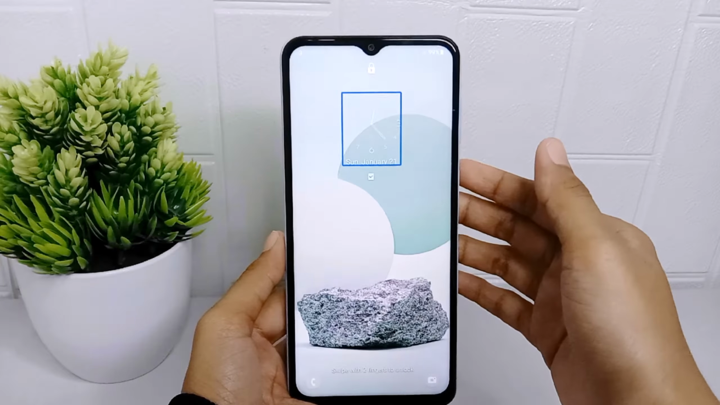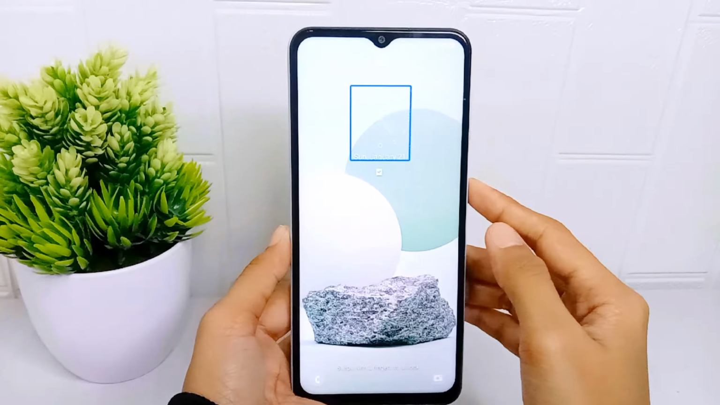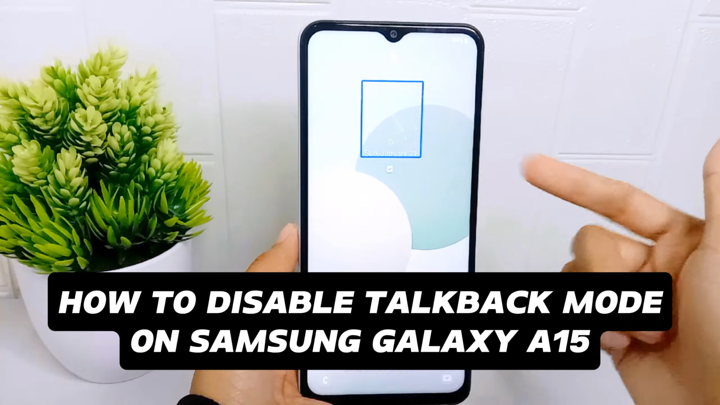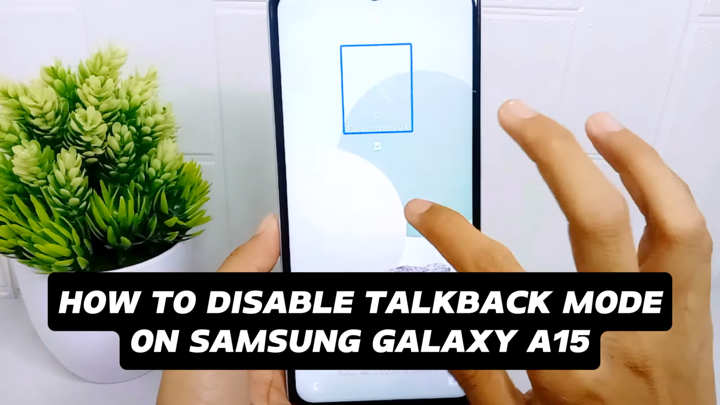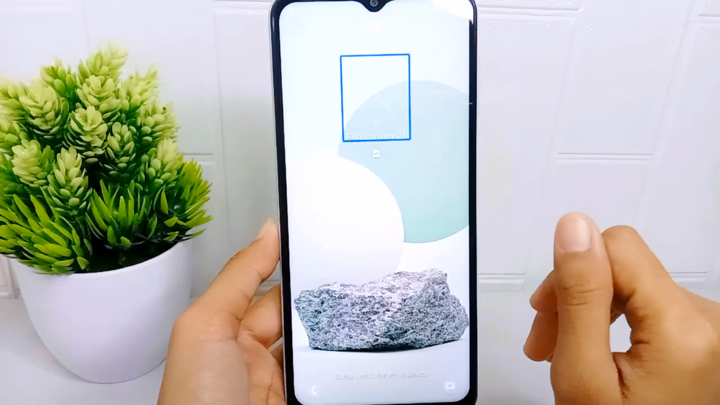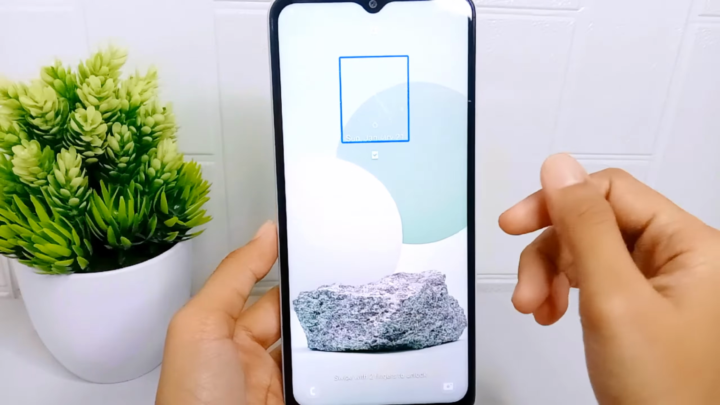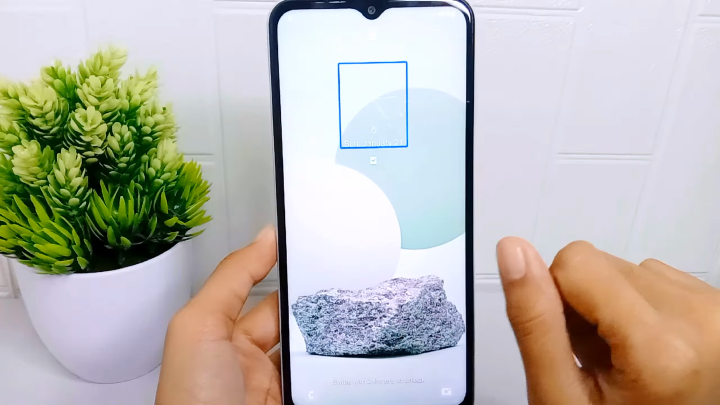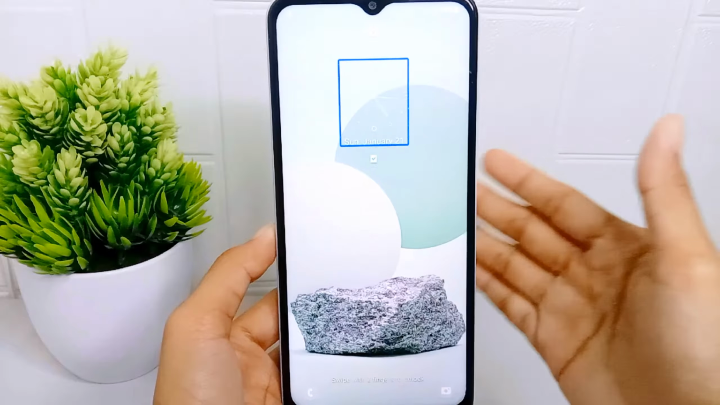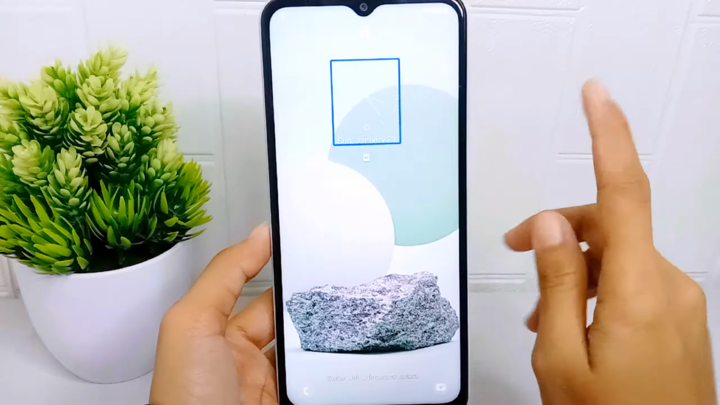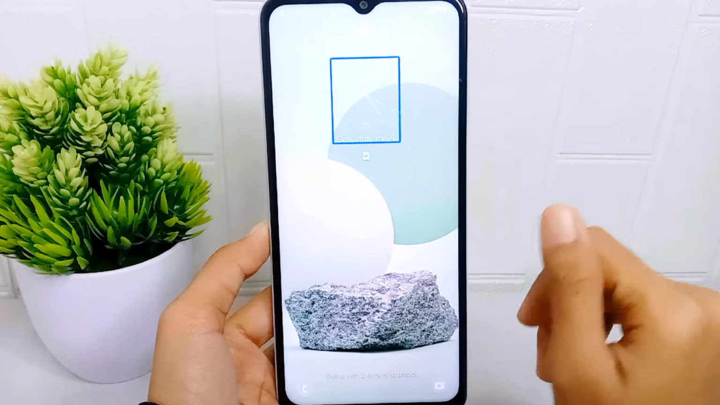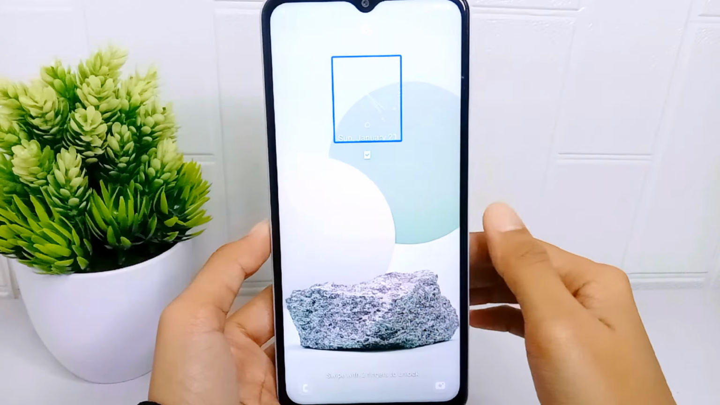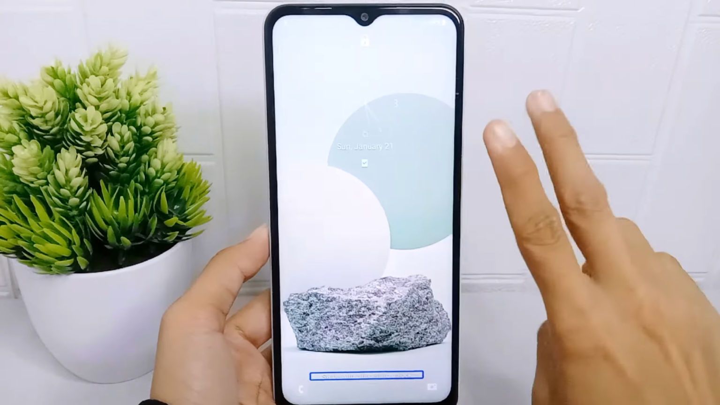Okay, hello everyone. Here I want to provide a tutorial on how to disable Talkback mode on Samsung Galaxy A15 device. Talkback mode can be disruptive for some smartphone users as the continuous spoken feedback may interfere with their navigation and interaction experience. Alright, the first step you need to do to exit Talkback mode is please swipe your device